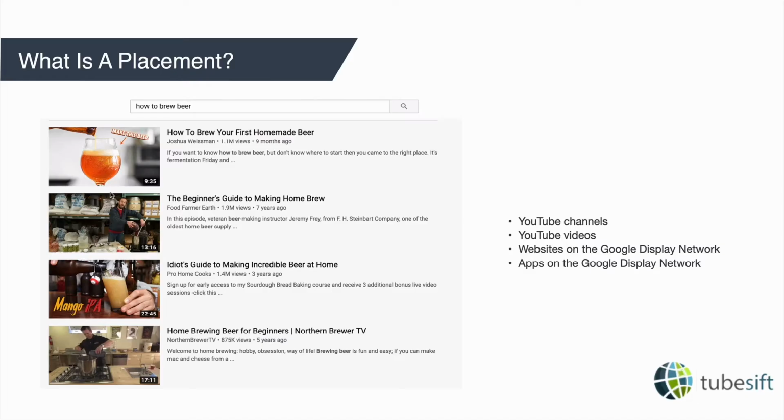Now, what exactly is a placement on YouTube? So when you want to put your ad in front of your ideal customer, let's say for instance you have a beer brewing product like you can see here on the screen, right? So somebody on YouTube might be doing a search for something like how to brew beer. Now that person at that exact moment in time is looking for information on how to brew beer. So if we can put our ad in front of them at the exact moment that they are searching for what we have to offer, which in our case, if we're using the beer example, maybe we have a beer